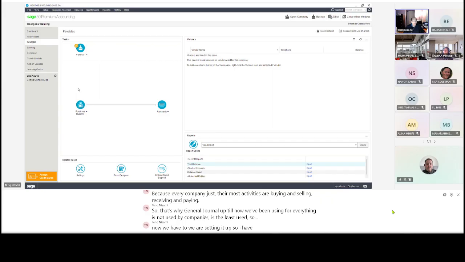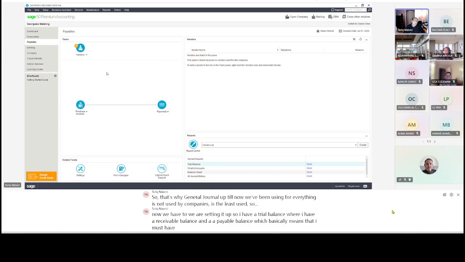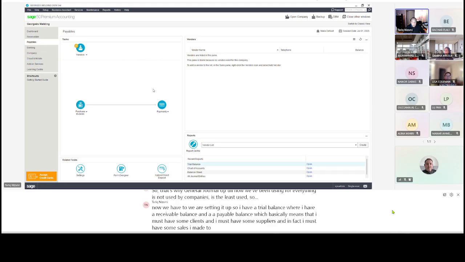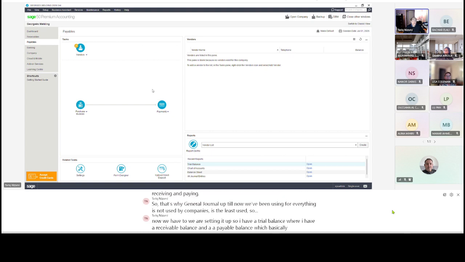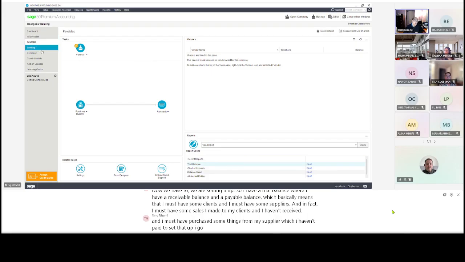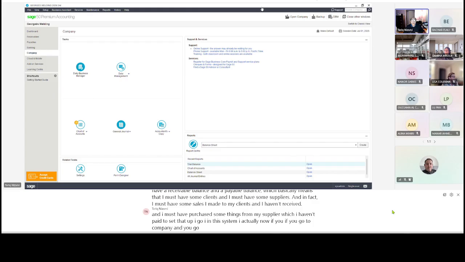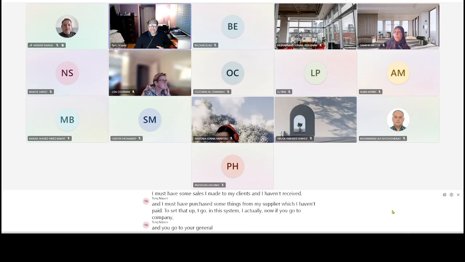So I have a trial balance where I have a receivable balance and a payable balance, which basically means that I must have some clients and I must have some suppliers. And in fact, I must have some sales I made to my clients and I haven't received, and I must have purchased some things from my suppliers which I haven't paid. To set that up, in this system, now if you go to company and you go to your general journal,